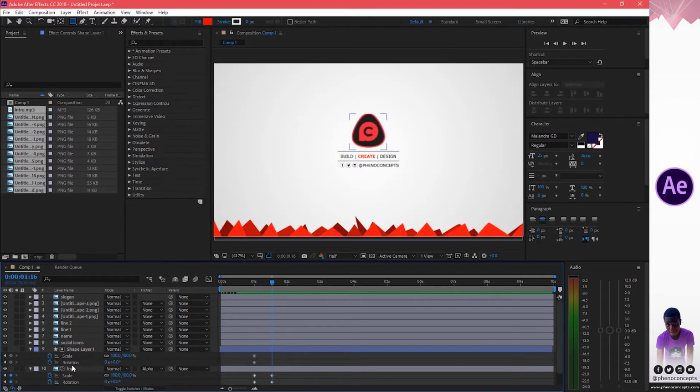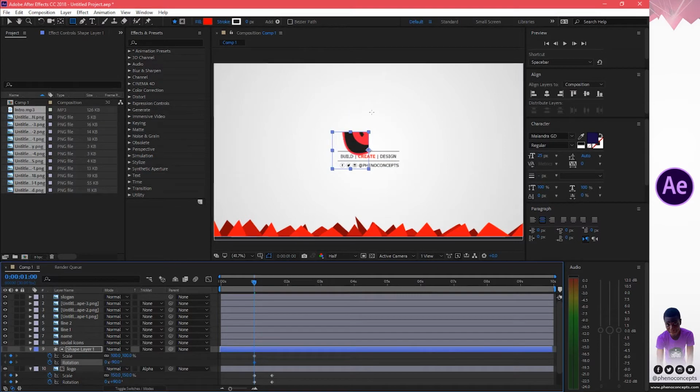For the rotation, at the beginning, instead of making it 90, I'll actually make it negative 90 so that it will be moving in the opposite direction. Now you can see this is moving in another direction, a weird direction we don't want. If you are not getting this, let me create one here and make this 0. So this is what I mean. You can see that it is moving over this particular axis. We don't want it that way. So what we will do is